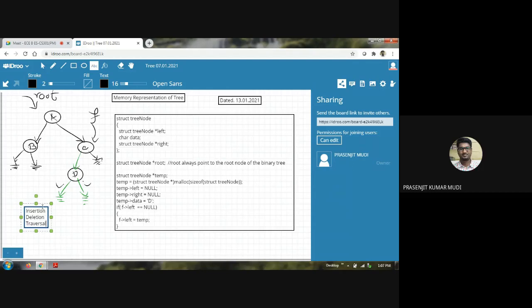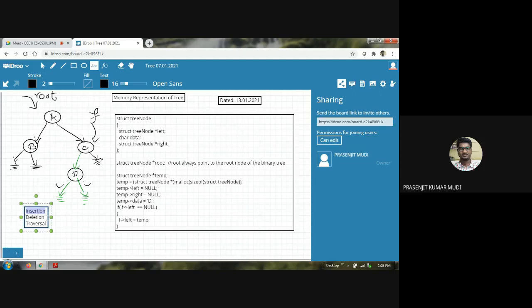Whenever you want to do insertion, you have to start from the root node and go to the desired location where you want to do the insertion. If you want to delete, how? By searching. So you are searching a node. If it is present over there, then you are deleting it and then adjusting. So deletion is not that simple. Insertion is very simple, because if there is a vacancy, you can just insert it. If there is no vacancy, okay, insertion not possible.